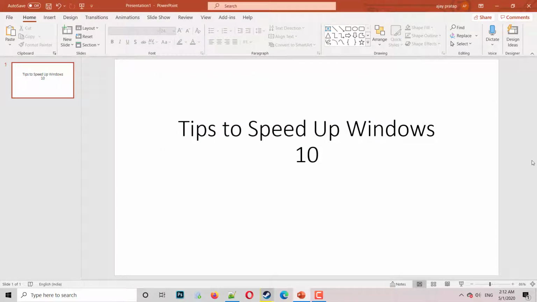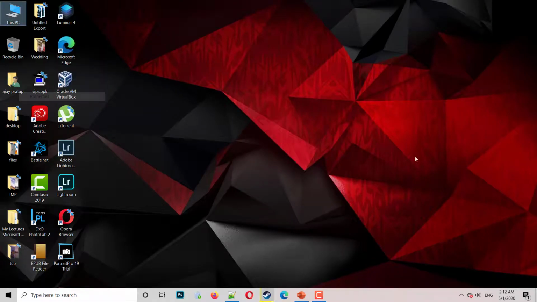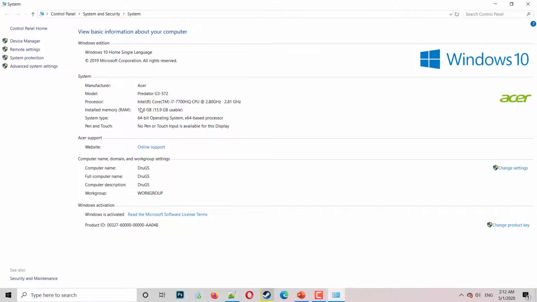Another thing, which is not free. If you go to my system properties, I'm using 16 GB of RAM. So it's quite good for my system. My system is super fast, and the booting time and opening of the application is quite fast. So what you can do is increase RAM. Nowadays RAMs are super cheap, and it allows you to give speed to your computer and use your memory more efficiently. So RAM is always an option